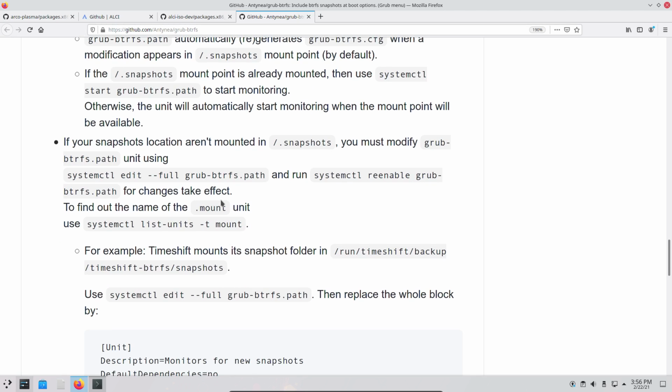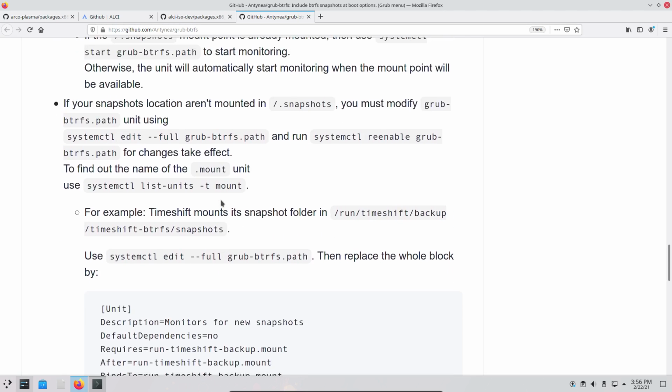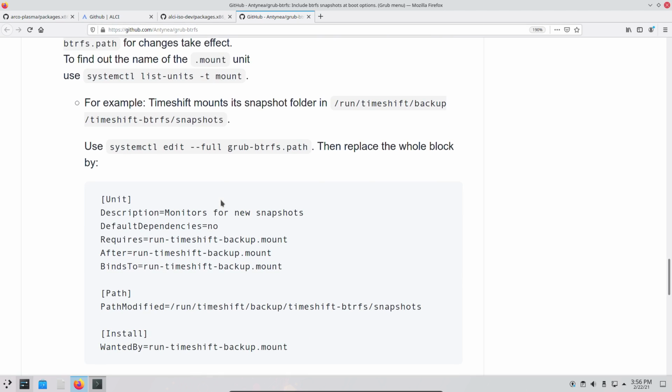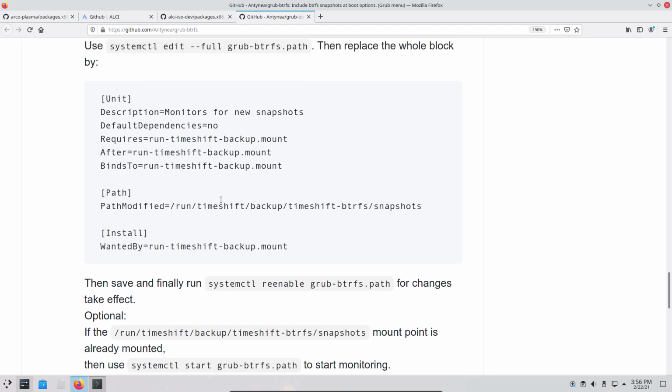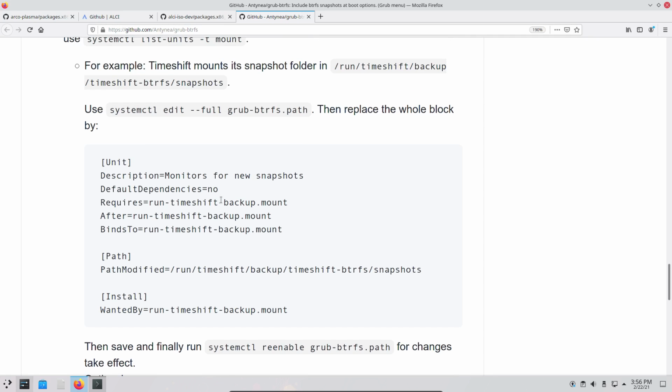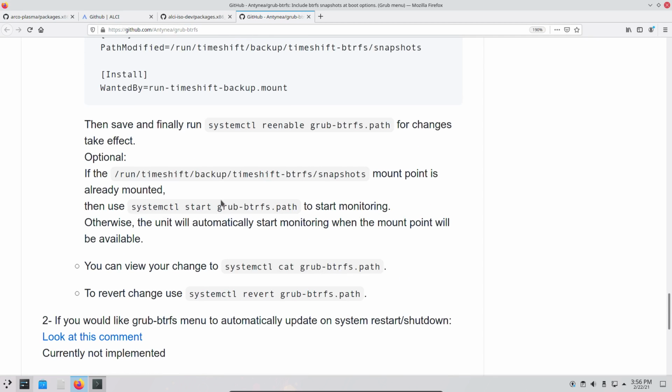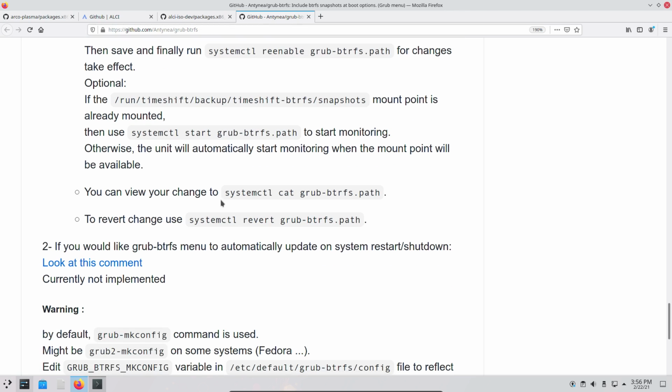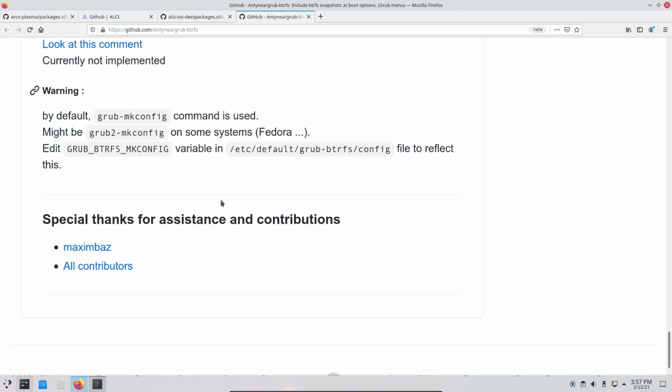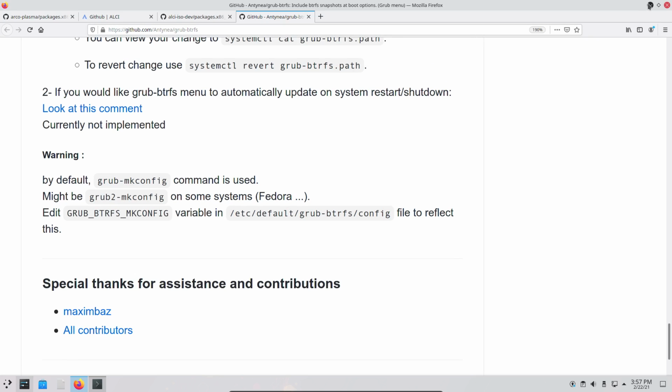Okay. We'll see how far we get with this, but there's a lot more documentation here. All right,